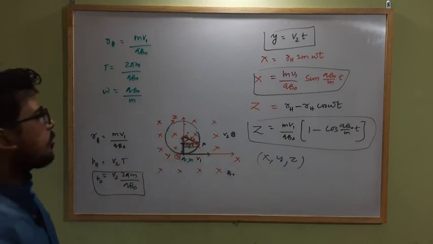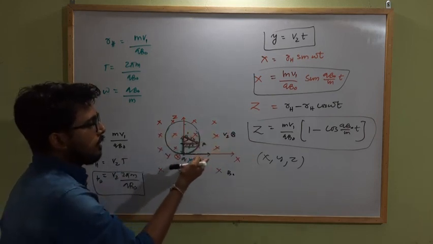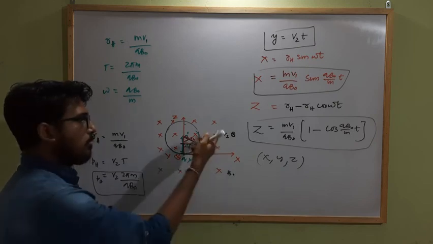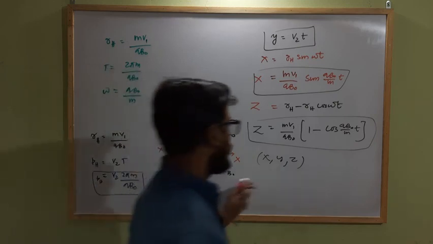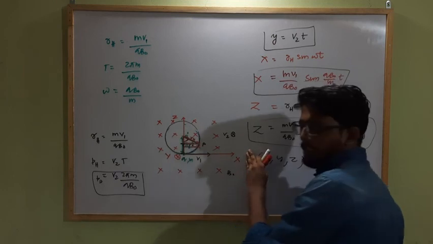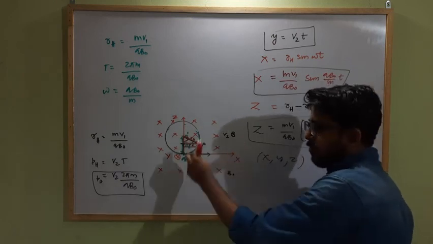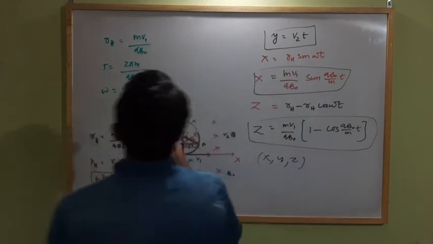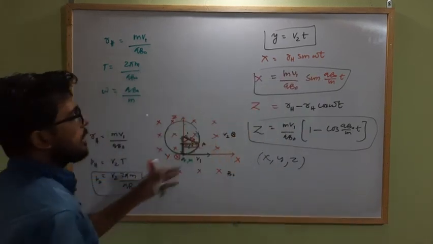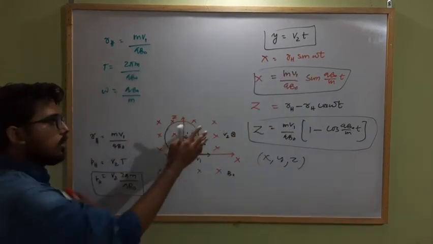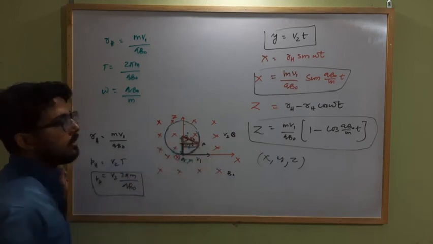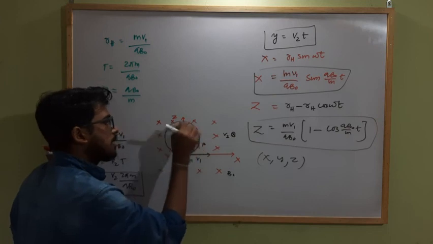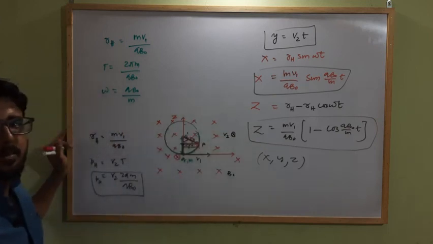If it's jumbled, the direction of the magnetic field will be along any other direction and the velocity in any other position. So you can now calculate. I think you must have understood the concept of how to solve this type of problem. So if they change the direction of the field or the velocity, then you can accordingly change the directions and you can easily calculate the coordinates of the position of the charged particle at any instant t. Clear?